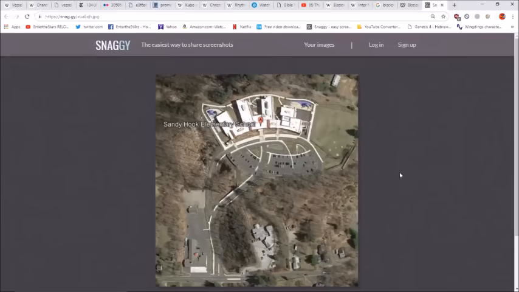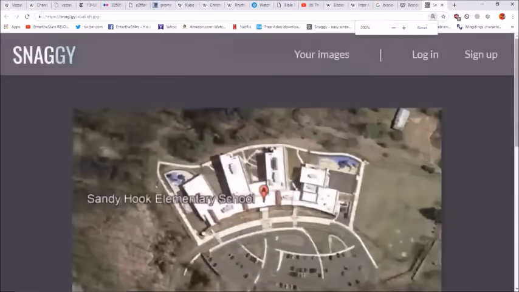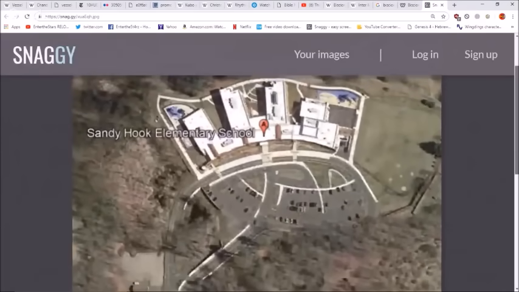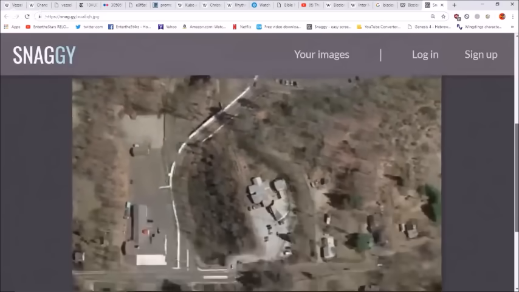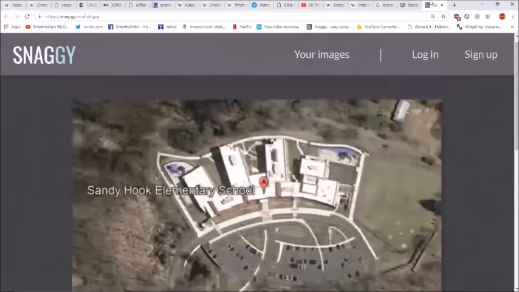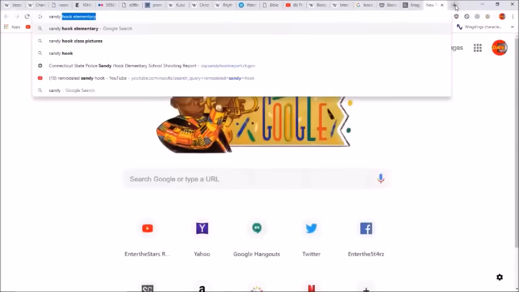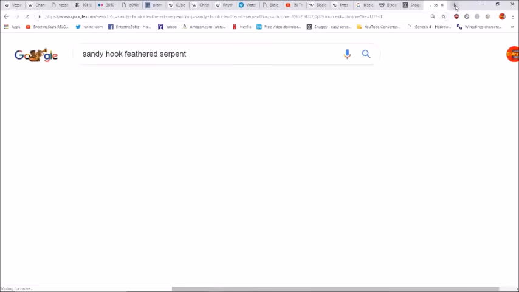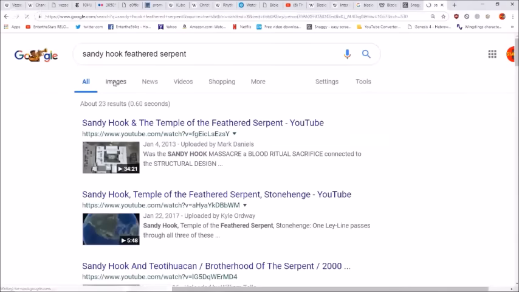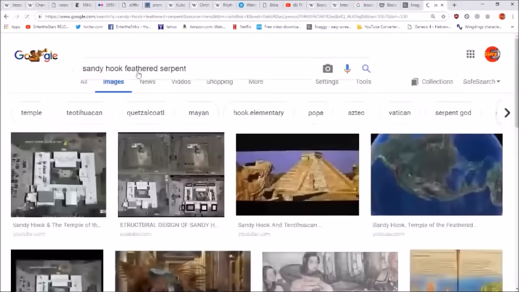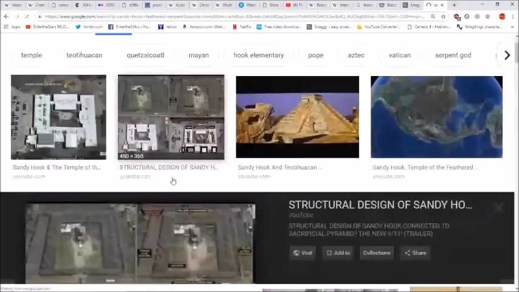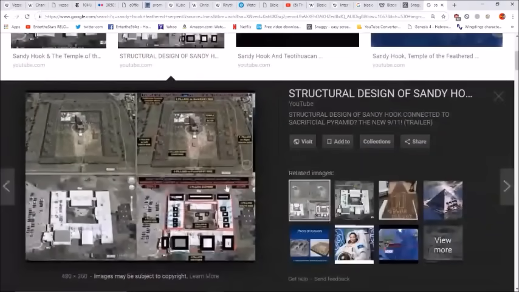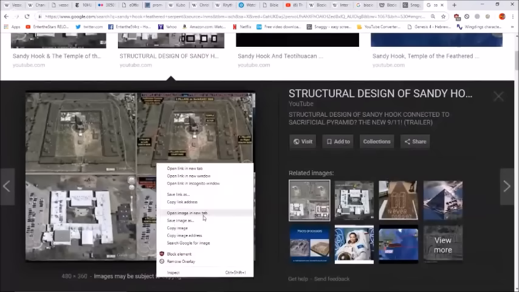I'm going to zoom it in a bit. And when you put all the puzzle pieces together, who in their right mind would come up with a design like this? Now, what makes this interesting is that this used to be the feathered serpent. For those of you that remember, we did a lot of work on this channel showing the 188th ley line, showing the actual ley line that goes right through the cornerstone of the school, a school, we'll call it, and how the temple of the feathered serpent of Quetzalcoatl